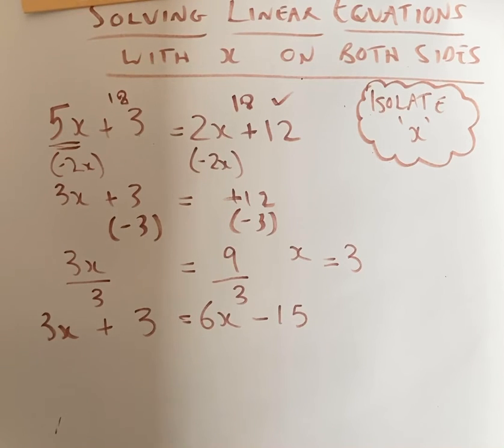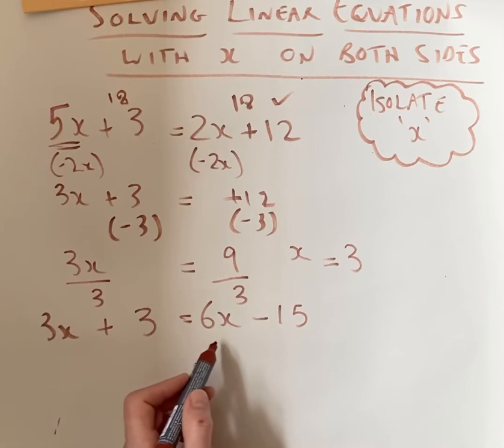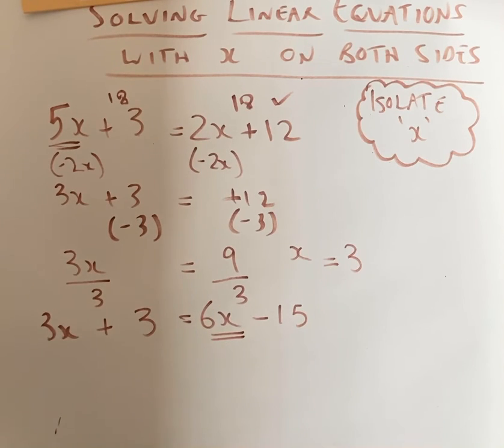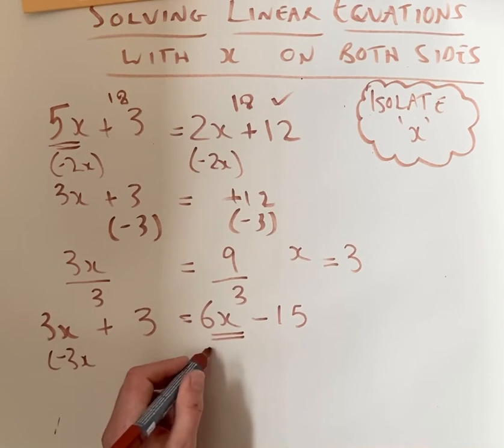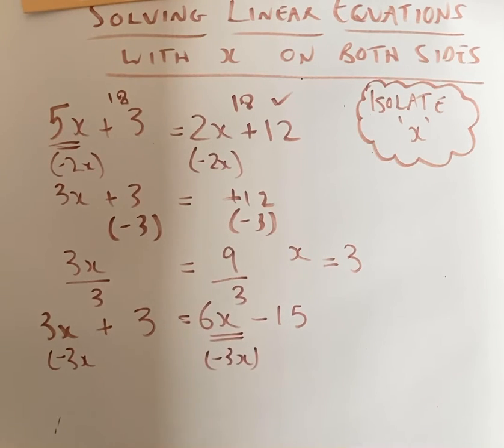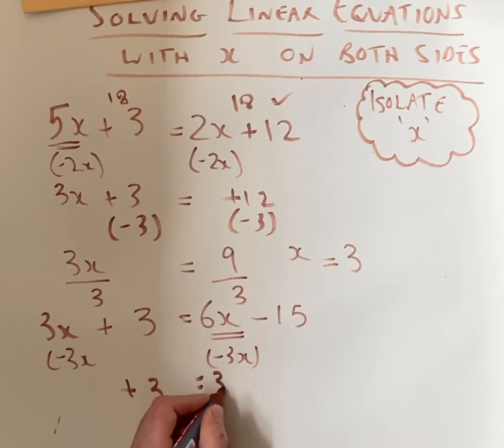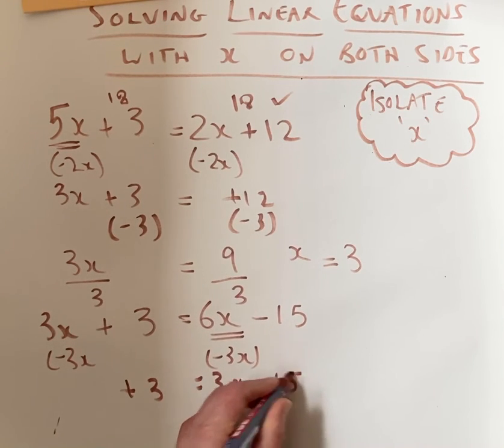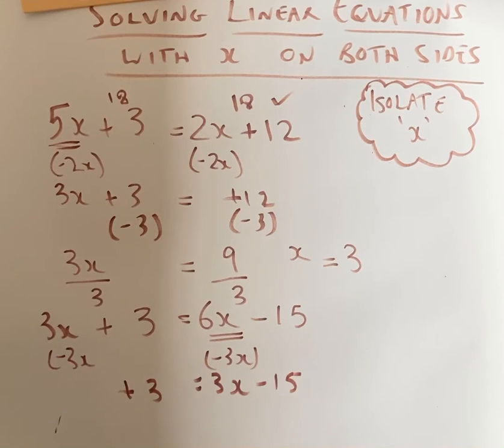For the next equation then, you'll notice that the bigger x this time is on the right hand side, which means that we're going to subtract 3x from both sides to isolate the x on the right hand side. And that leaves me with a plus 3 on the left and 3x minus 15 on the right. Then in order to isolate the 3x, I'm going to add 15 to both sides, and that's going to give me